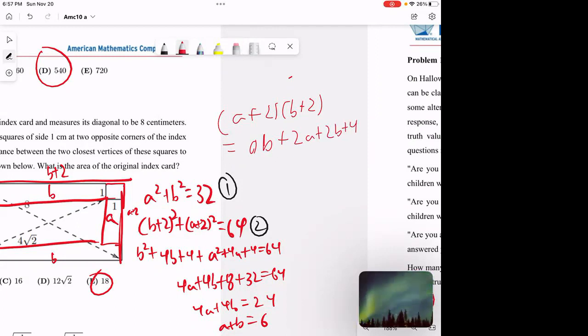And we have 2a plus 2b. This one is just equal to a plus b times 2, so 12 plus 4 plus ab,